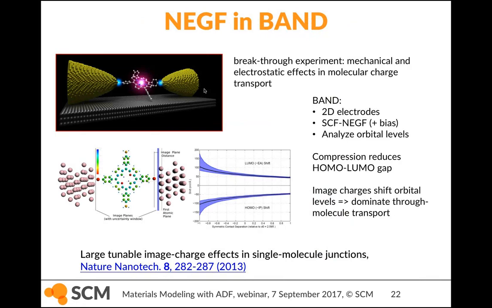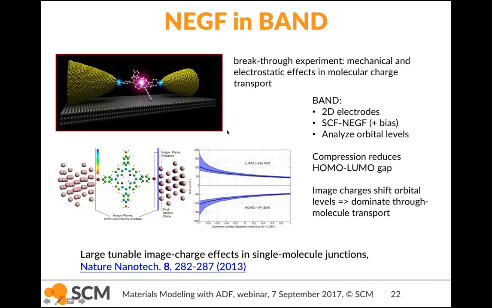Then I mentioned this non-equilibrium Green's function in BAND. This is particularly powerful, and so there are numerous applications from the groups in Delft where they're applying this NEGF in BAND to the systems that they study experimentally. Typically, they have a break junction setup where you have a single molecule wedged in between two conducting electrodes, and then you try to manipulate that single molecule mechanically by pushing the two electrodes together, or usually use a tip to do that, and then see what is the effect on the conductivity through that molecule and the single